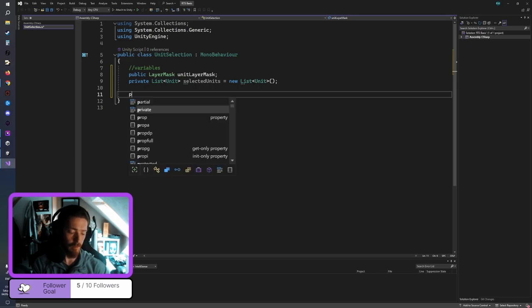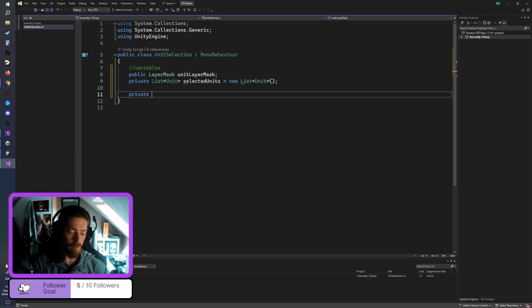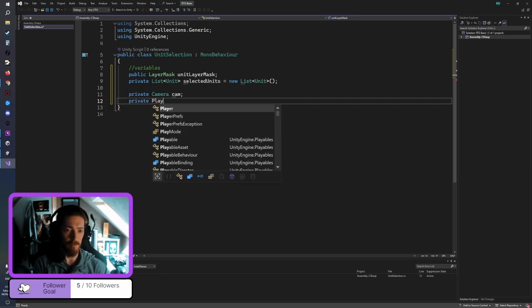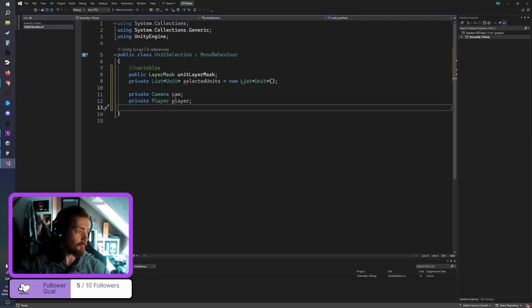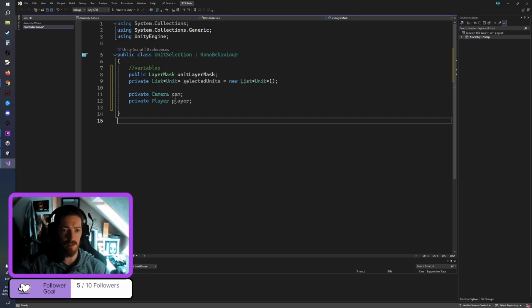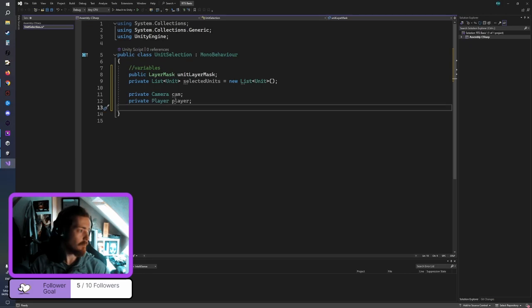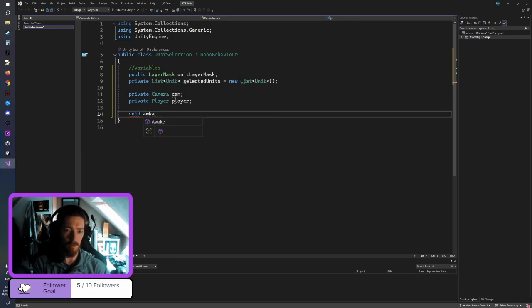Then we'll have private camera cam, and then private player. That's the most of them, and then yep, we're going to do underneath void awake,